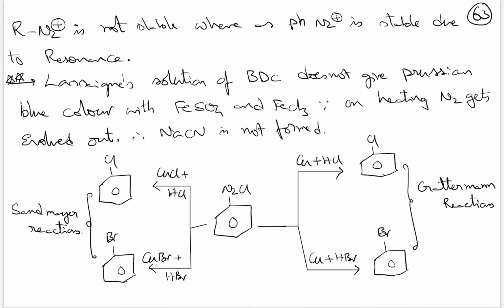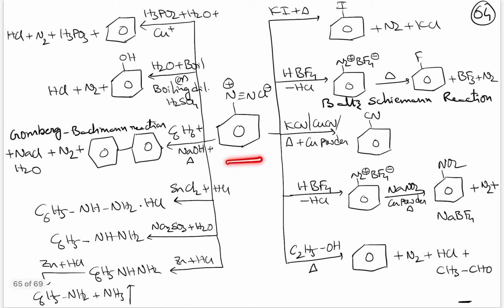Like how you can remember the difference between Sandmeyer and Gattermann reaction is that there is the word sand here. Sand means to bind. Like in construction we use cement plus sand mixed together and construction will be done. In a similar manner here also binding will be there, that Cu and Cl will be together here. CuCl is present here. In a similar manner, Cu and Br are together here, where the word sand will come, Sandmeyer reaction. Then diazonium salt, when it is treated with potassium iodide plus heating, you will get iodobenzene.